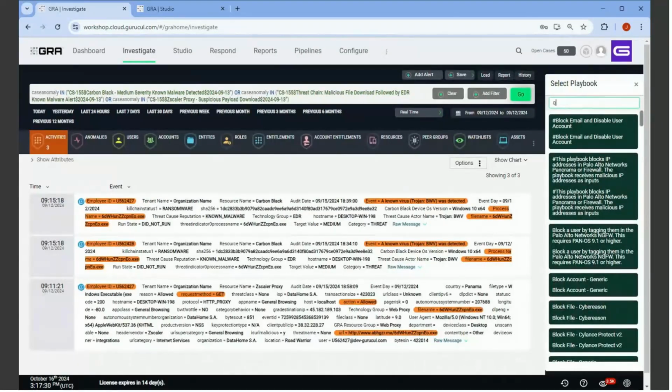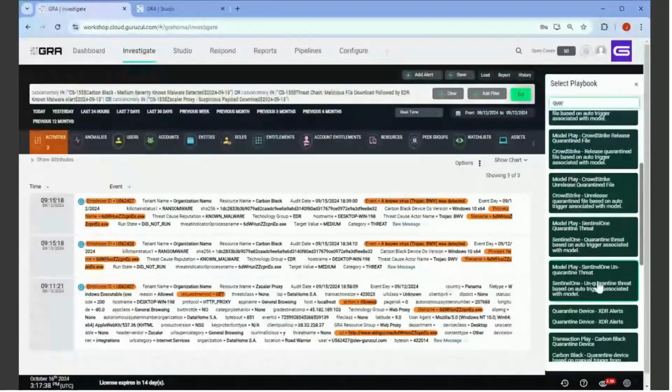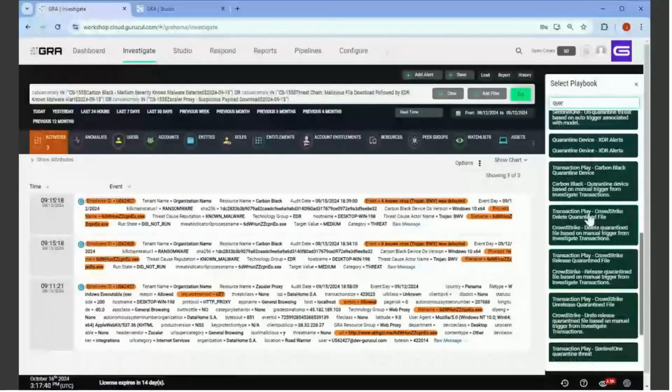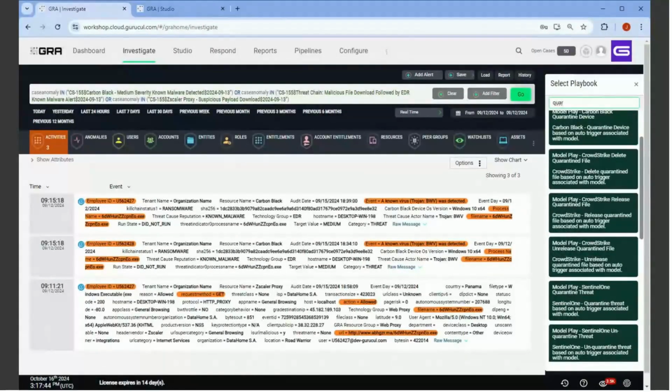For example, they may want to go ahead and quarantine that device using their own EDR tool, whether it be CrowdStrike or SentinelOne, Carbon Black, or whatever they're using within their own platform, right? So keep in mind that any of our playbooks can also be automated, right? So, automating this, particularly based on a threat chain model, will really help reduce that mean time to respond,